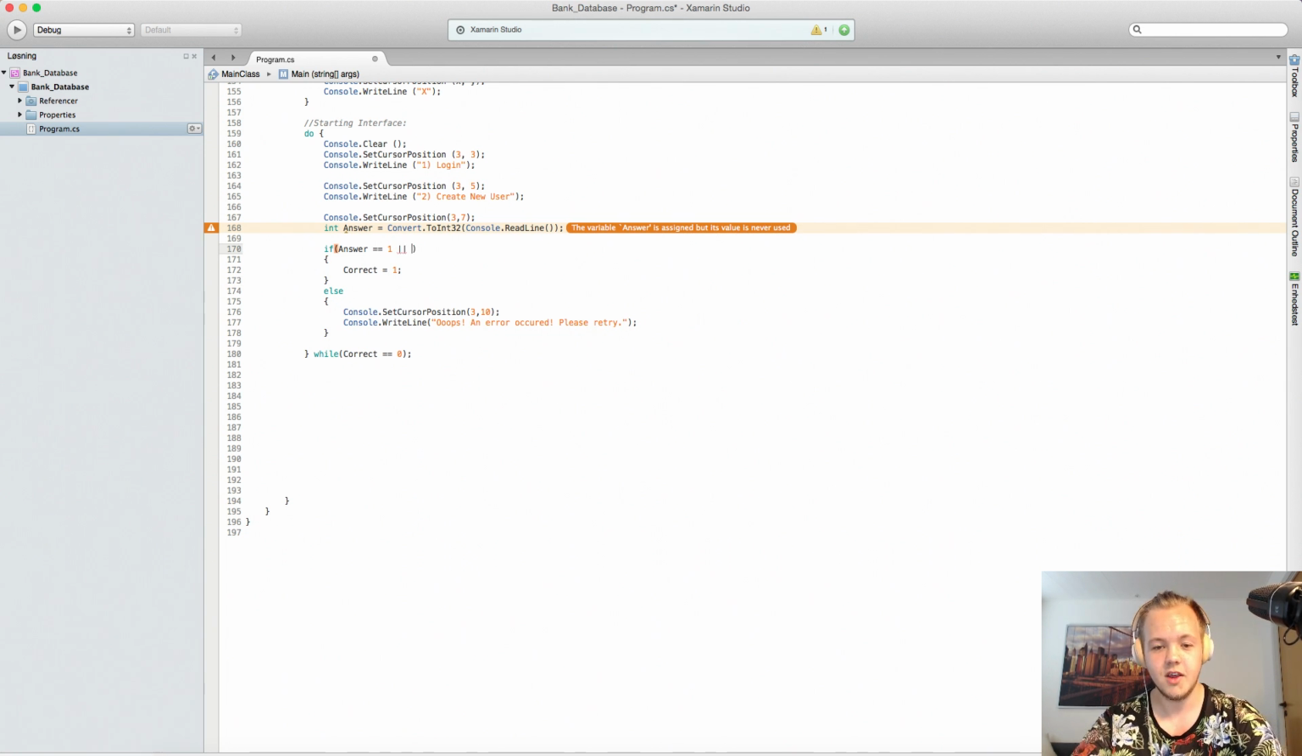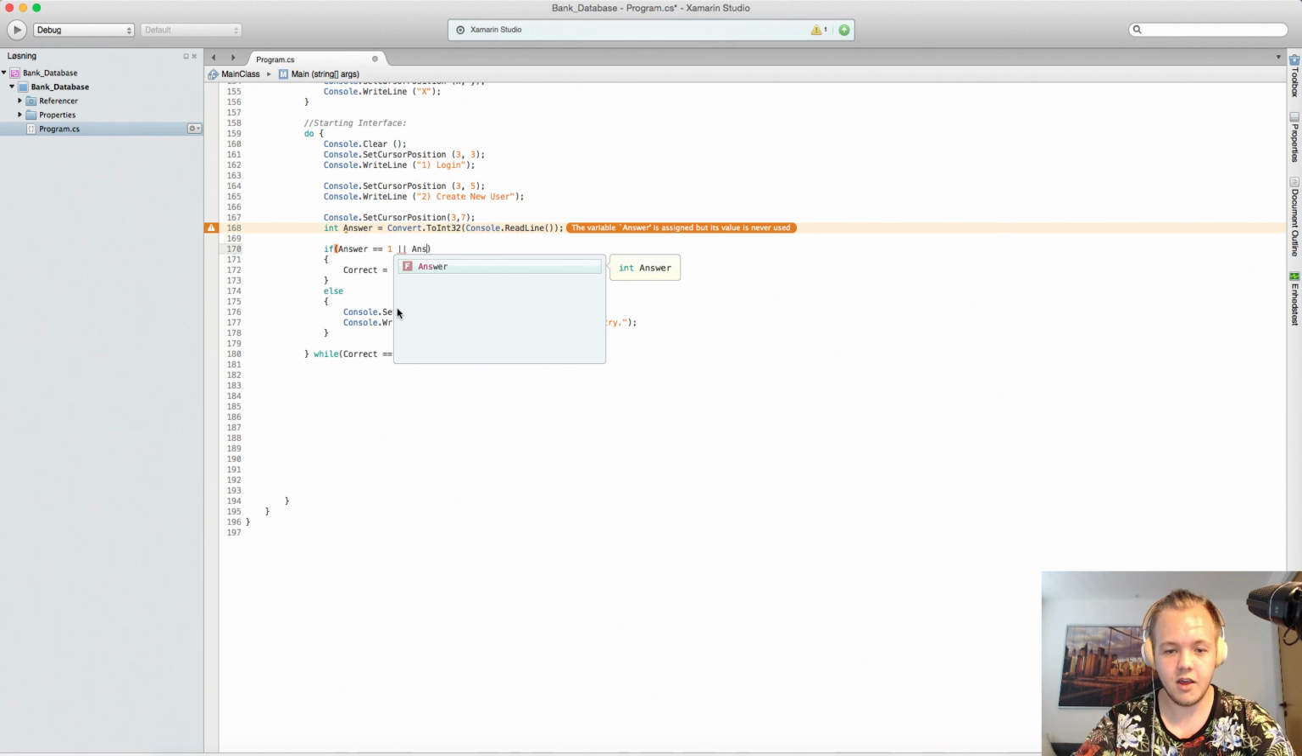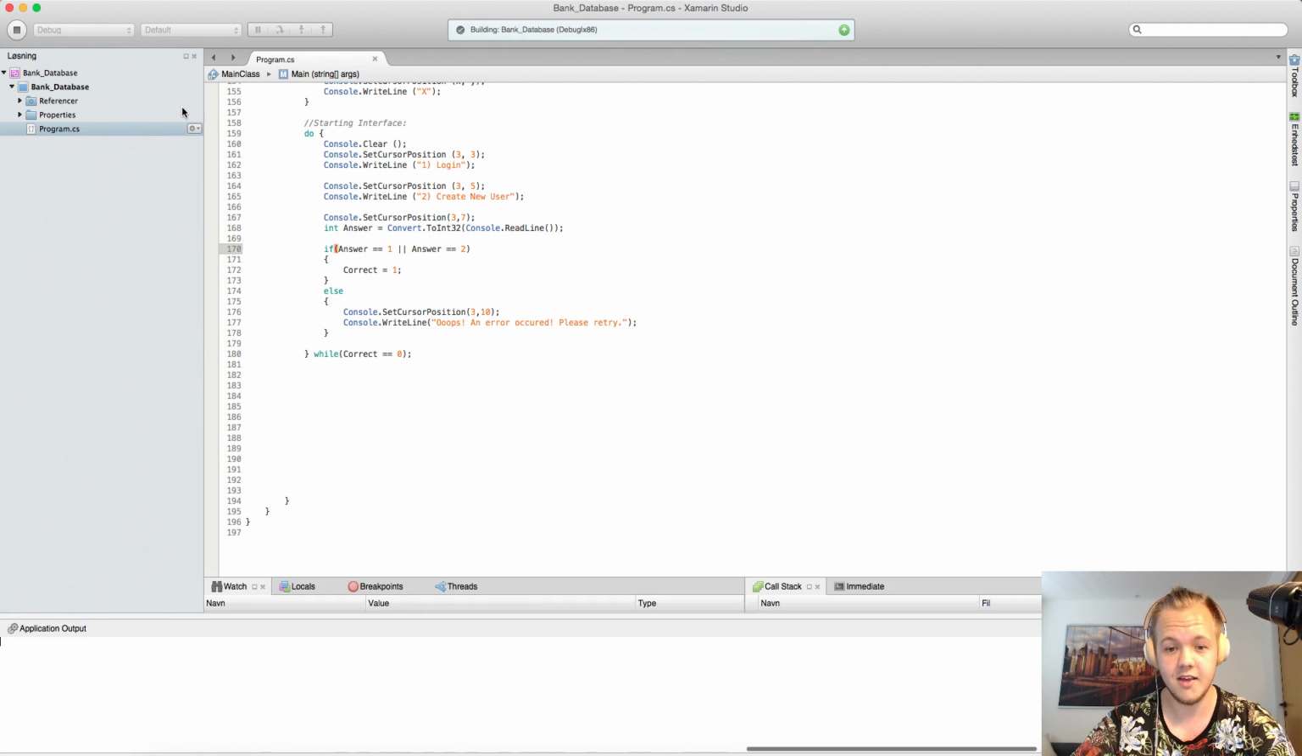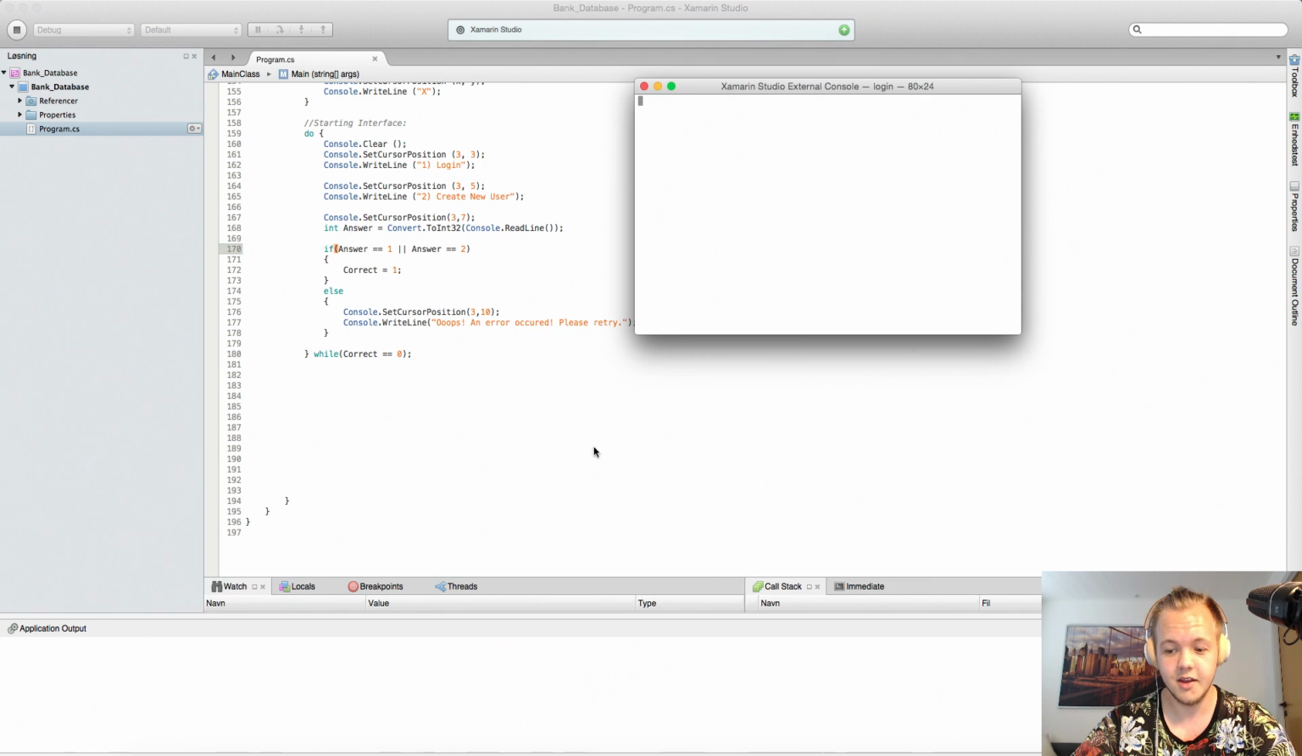Look at this. So, if our answer is equal to 1 or it is equal to 2, we will continue on past the loop. Else, it will pop out an error code. So, we can test both of these because it will throw us out of the loop if we're correct, if we've said 1 or 2. But if we say anything other than that, it will just loop the loop. So if we say 5,